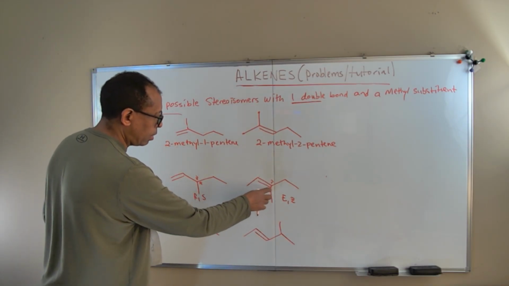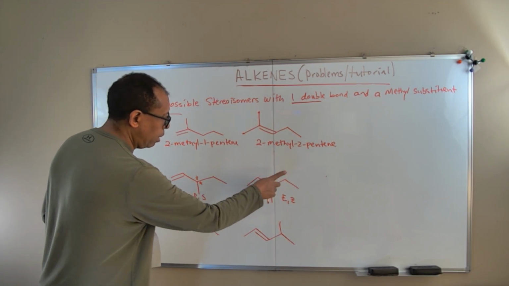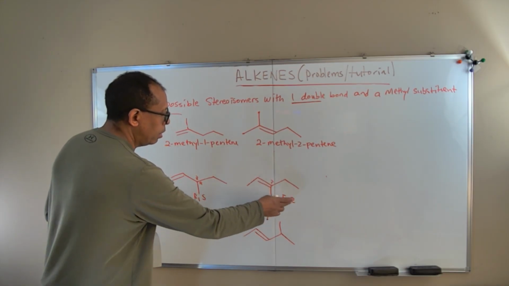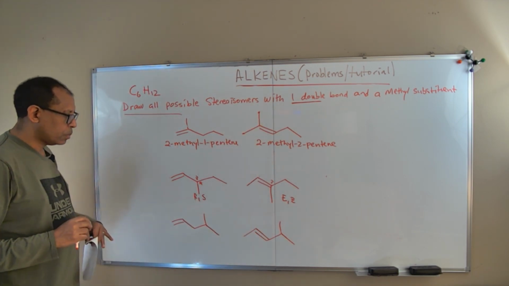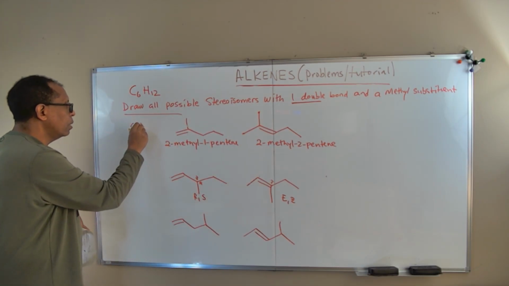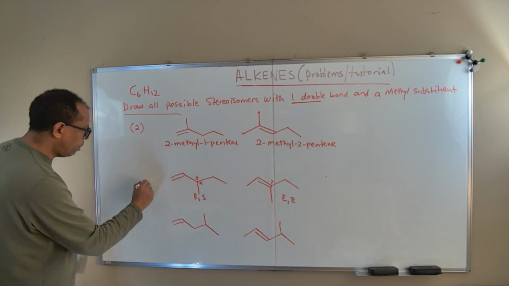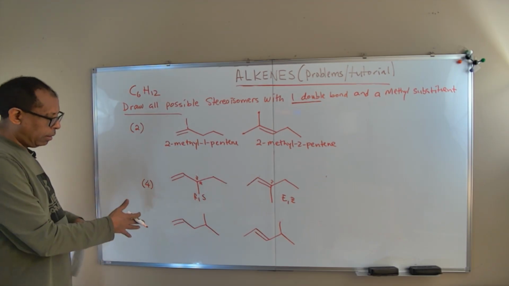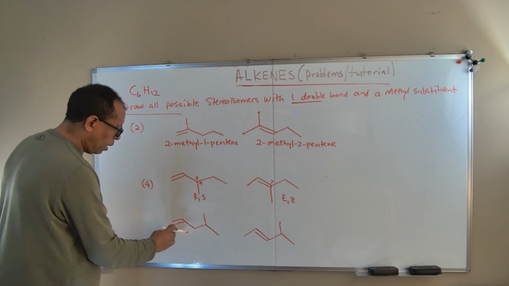In this case, for example, this is a methyl group down the ethyl group, so this is an E. If the methyl was this side and ethyl was this side, that would be a Z. So E and Z are possibilities. So how many compounds do I have? I have 2 compounds of those from top. Here I have 2 and 2, 4 compounds, 6 so far. And for this one, what I did is I moved the methyl group to a 4 position,